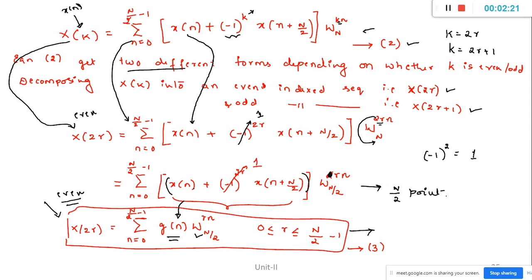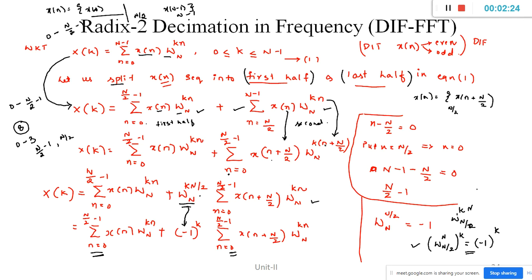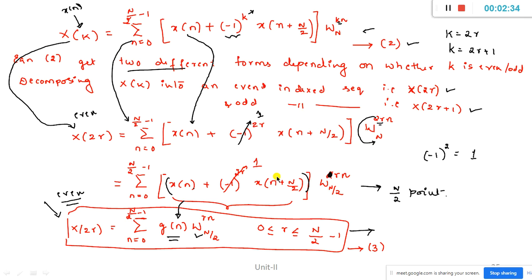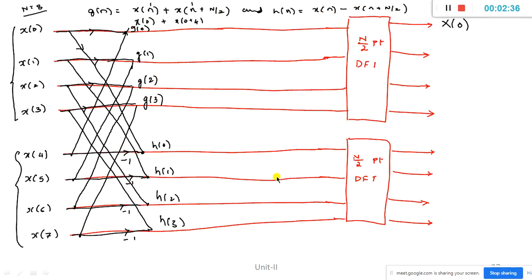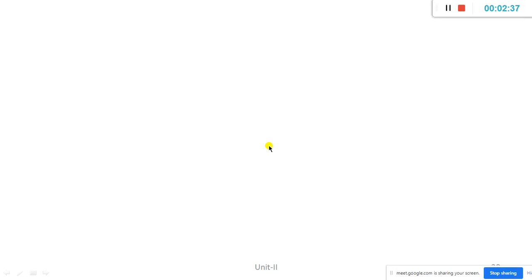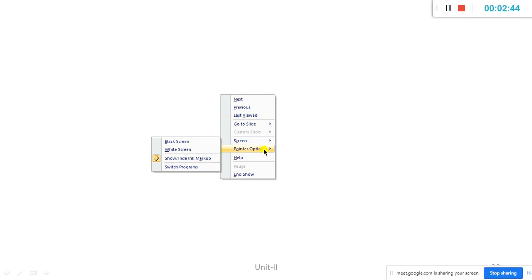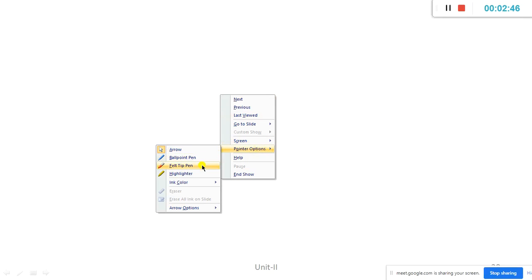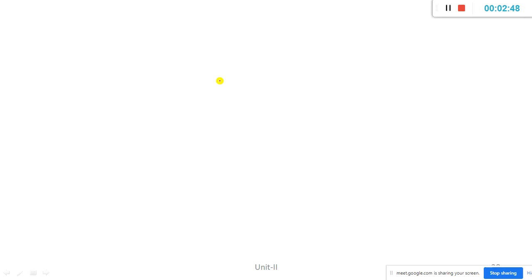This was the topic that we were discussing in the last class, decimation in frequency FFT. Today we'll directly start with the derivation part once again. I'll keep this slide as it is for your reference in the later case. But still today we'll start once again with the derivation part, so that it will be much more comfortable for you guys. Okay. So we already know that